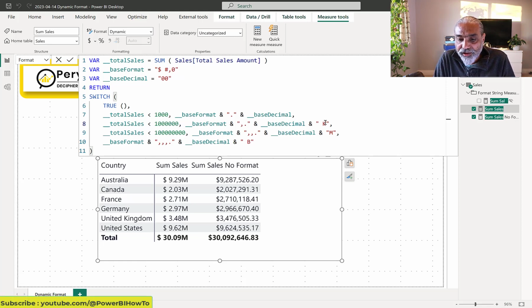So then I'm giving a symbol k, which means showing as in 1000. I can remove the k, or I can put anything else here as well. I can say thousands, for example, if I wanted to. And again, if my value is less than a billion, what I want is my base format, which is, again,